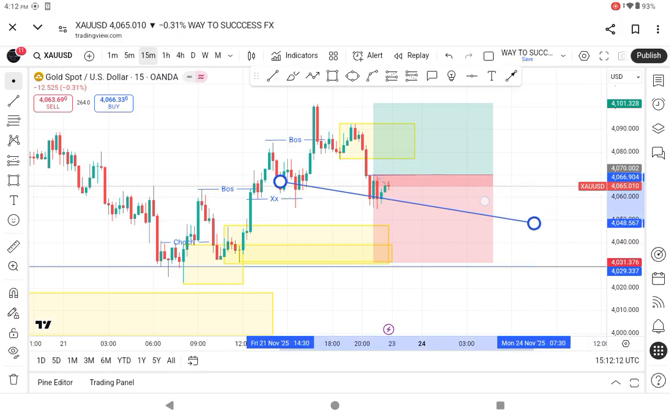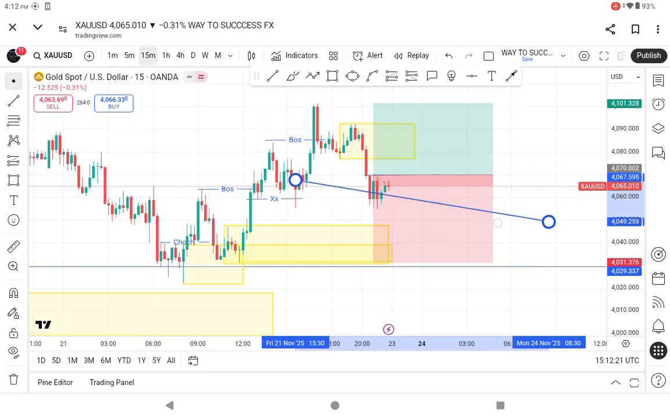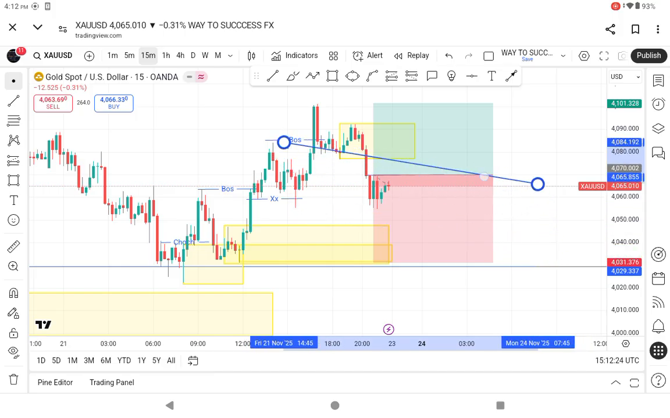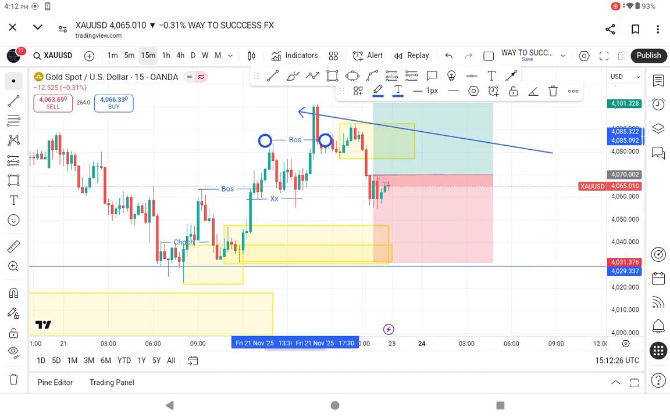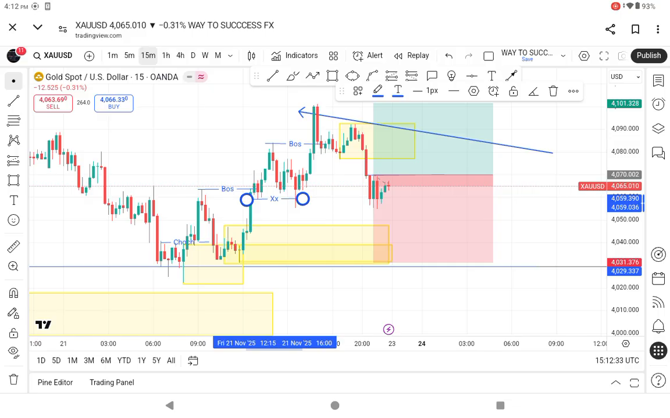If you don't understand this kind of structure mapping, you can watch my video on this channel where I explain how to mark structure in an SMC way. So let's continue here. Price breaks this high, which is our confirmed break of structure. Now after this break of structure, we didn't have any other internal low that price needs to use as fuel before continuation. So that is why